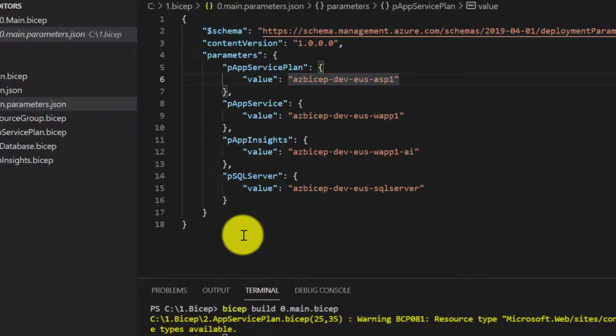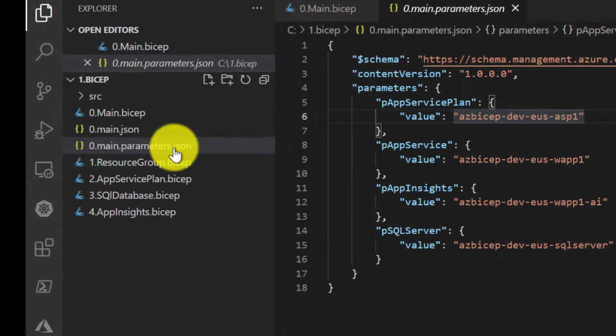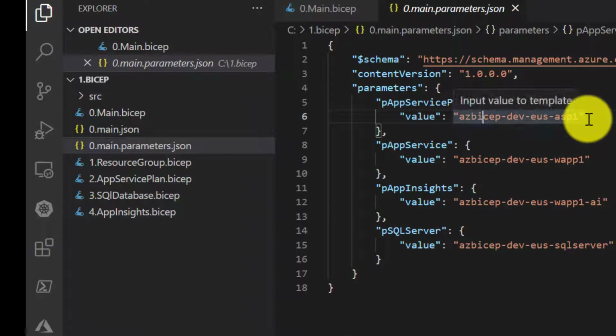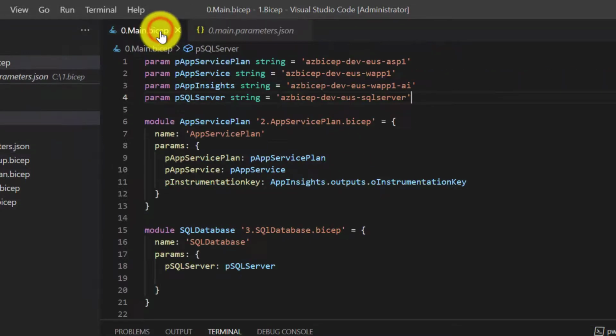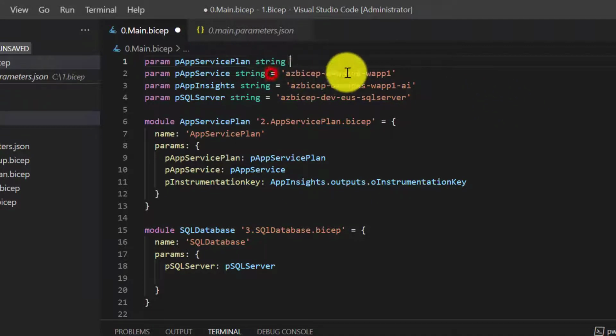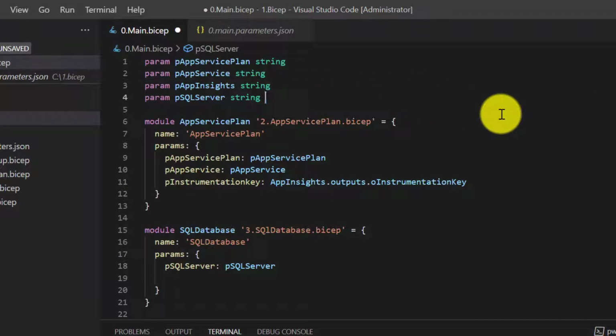So now this is another JSON file which only contains the parameters along with the values. Whatever values we had in main.bicep, those values are copied here. Now, if you go back, you still see the values. Now, we can remove these values. These values are specific to dev environment, right?